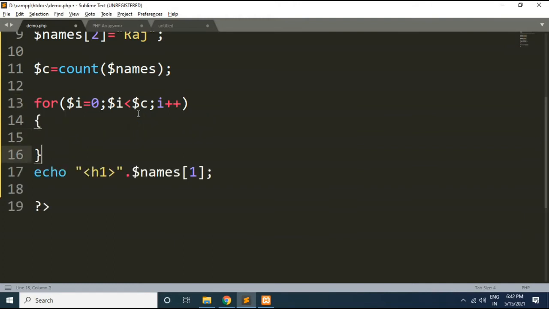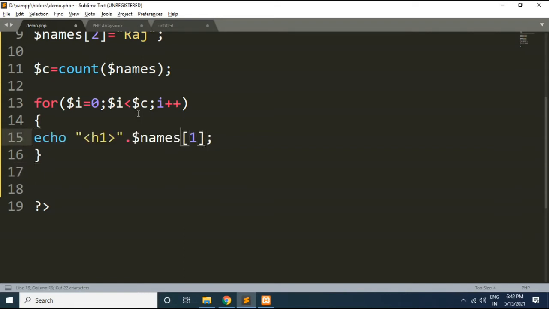And within this for loop, what will we do? We will just print the array elements. So here I will write $names[$i]. It will start from index 0 and try to print up to the last index. And here one more thing I will do, I will add a br tag here, so every element will be displayed on the next line.